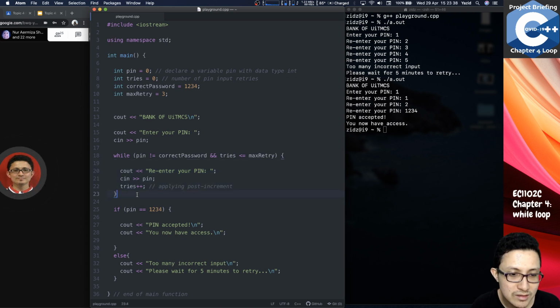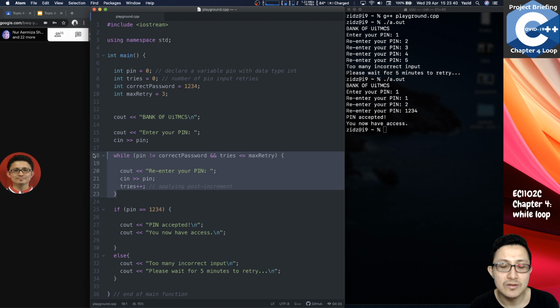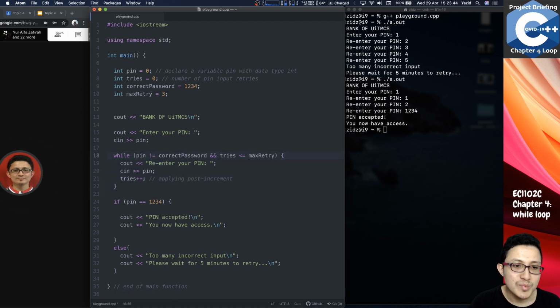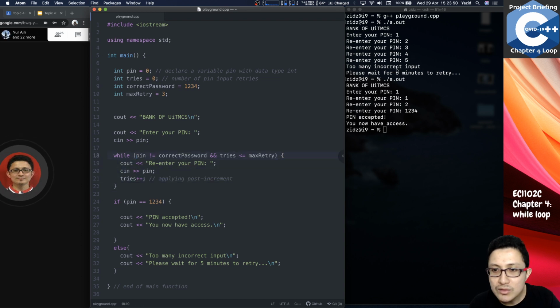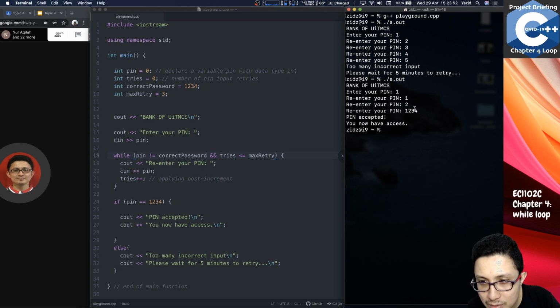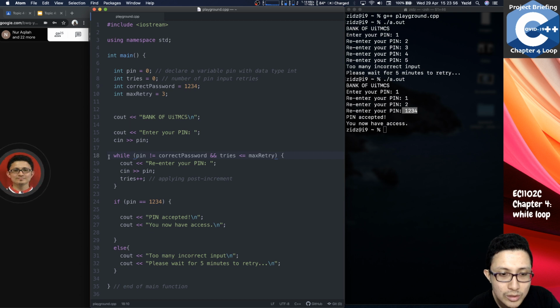So that is the way of writing your repetition body. Okay, this is what we call repetition body here. Once the user entered something like this example just now, once the user entered the correct password, it will exit the loop immediately,